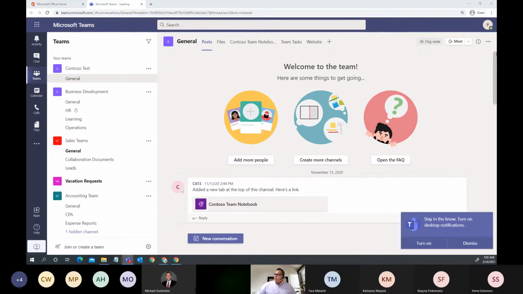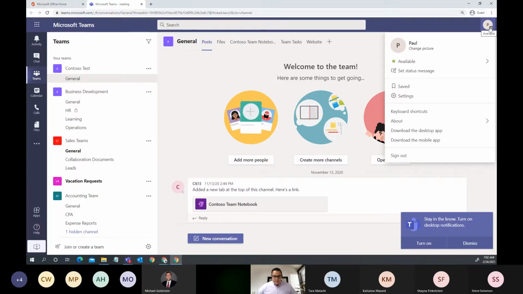First thing I wanted to just quickly show you is where you can actually see what your account is here inside of Teams. So if you click on this little circle with the letter in it, normally, right, this would have a picture. It would have a picture of Paul or whoever you are in this specific case. You'd be able to change the picture here if you wanted to. You can manage all those settings. The reason I wanted to just quickly show this is because one of the most important pieces, in my personal opinion, to this application